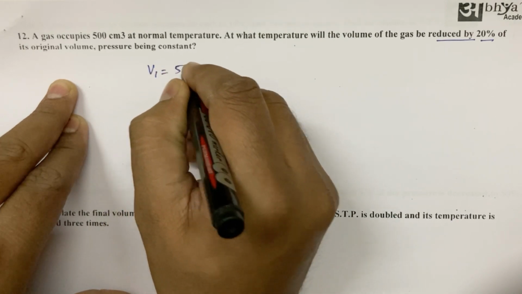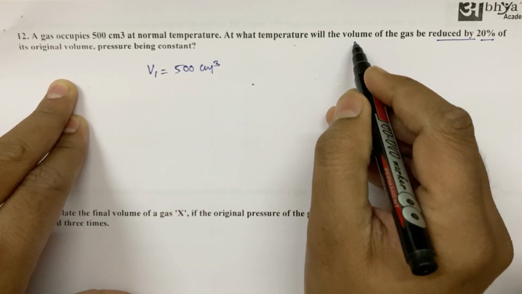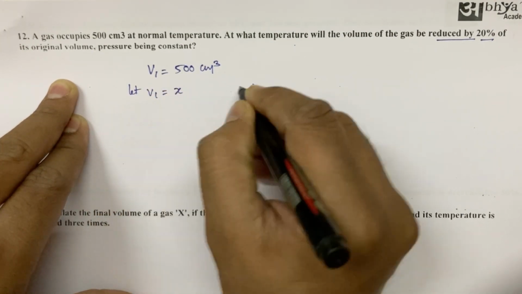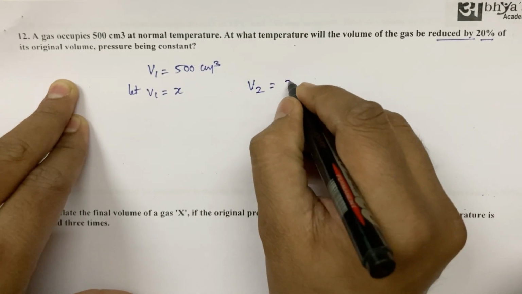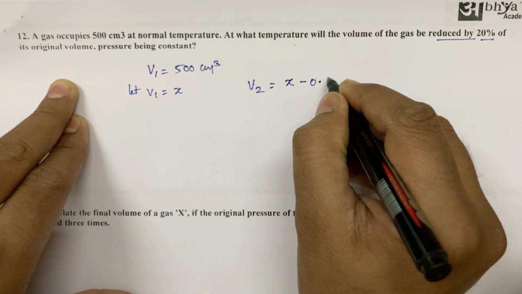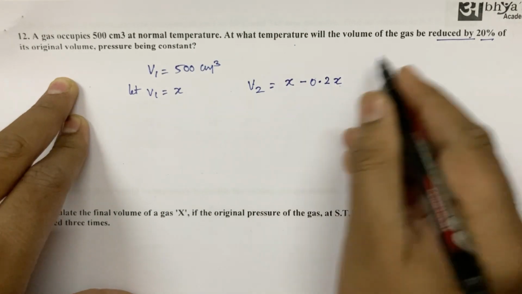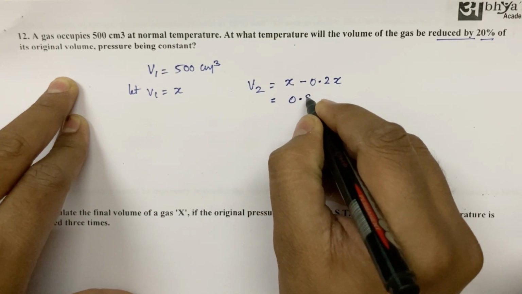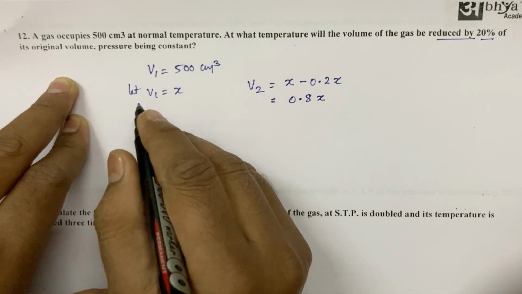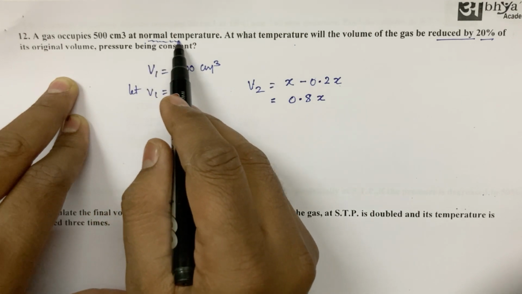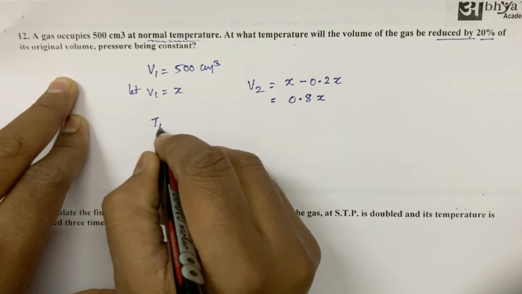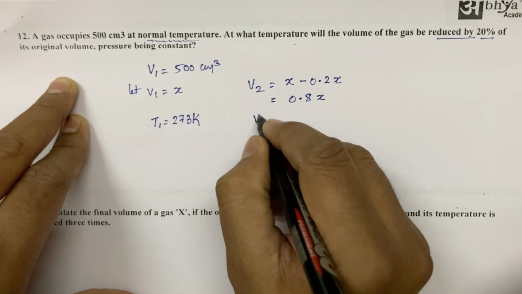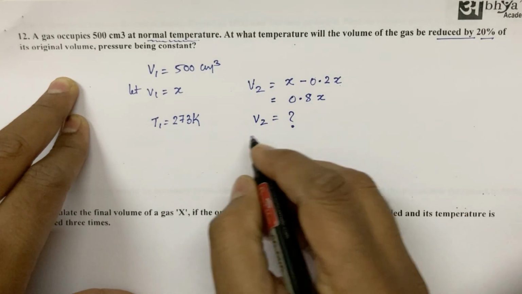V1 is equal to 500 cm³, but this volume is reduced by 20%, so I'll write let V1 be equal to x. So V2 will be x minus 0.2x, reduced by 20% of its original volume, so that will be equal to 0.8x. And they are giving us temperature to be normal, that means T1 is equal to 273 Kelvin. Now V2 they are putting the question mark, so apply